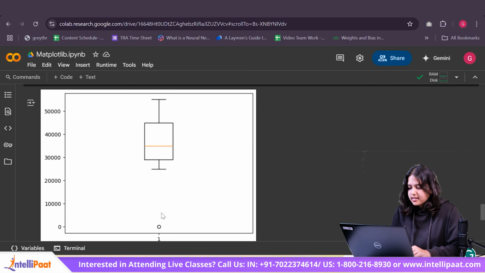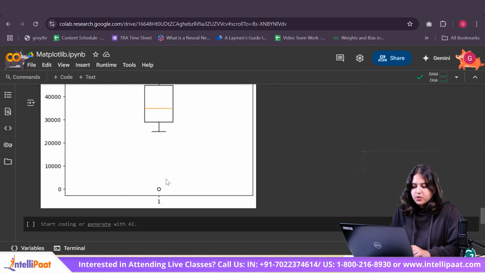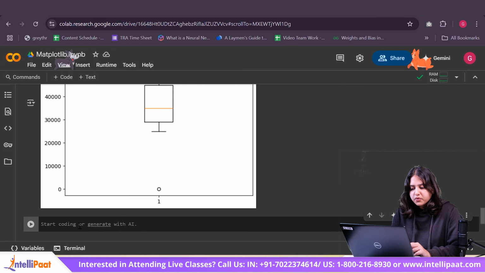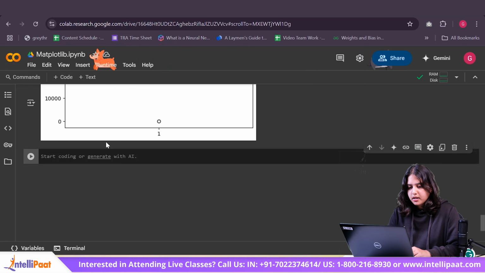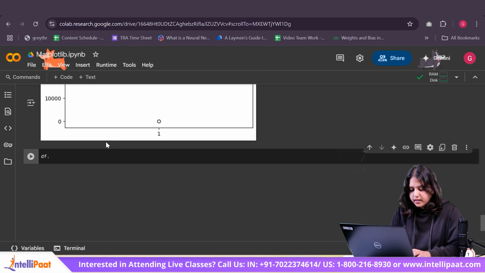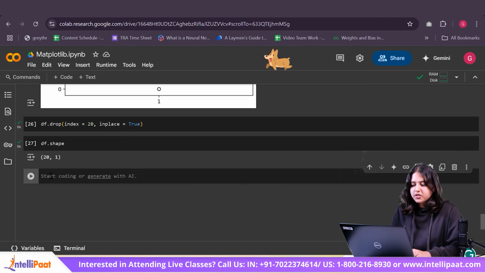Alright. So as you can see, I've got my outlier value over here, which is really far away from my entire box plot. It's suggesting that whatever range my other salaries are in, this particular salary does not match that range. So I can simply remove this value from my dataset in order to avoid any bias in my calculation when I'm going ahead with prediction models and all. So I'm going to remove this value. Okay, so I'm back to my original dataset.